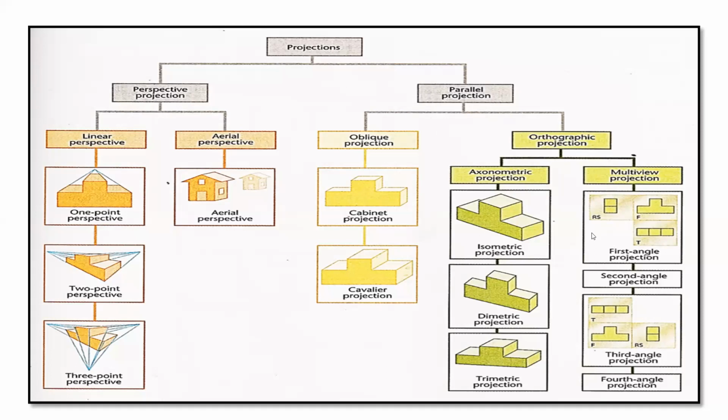One is the front view, if you observe from the front direction. If you observe from the top direction, we get the top view of the object. And if you observe from the left side or the right side, then we get the left hand side view or right hand side view. This is called multi-view projection. In this session, we will cover multi-view orthographic projection. For your syllabus, we have only orthographic projection, and in orthographic projection, we have multi-view projection and the second is isometric projection. On this screen you can see the broad classification for projection.